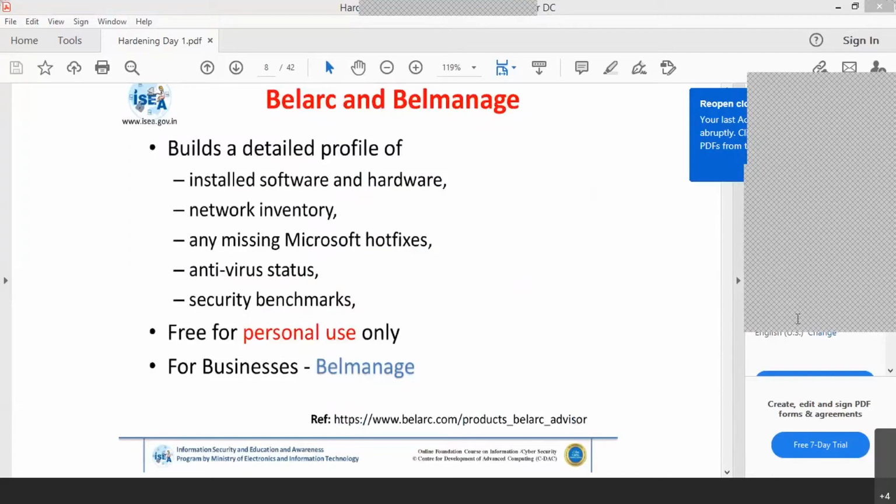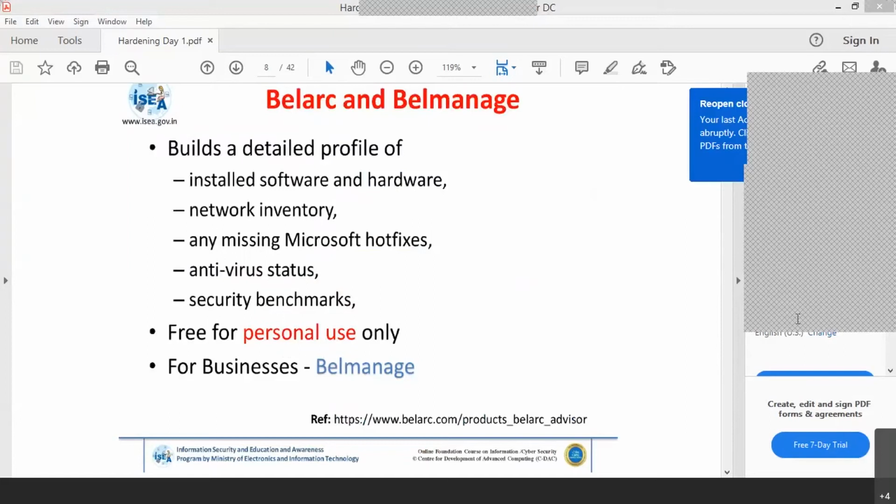In our lab we'll be focusing on this Belarc Advisor, and second is the SysCAD tool.